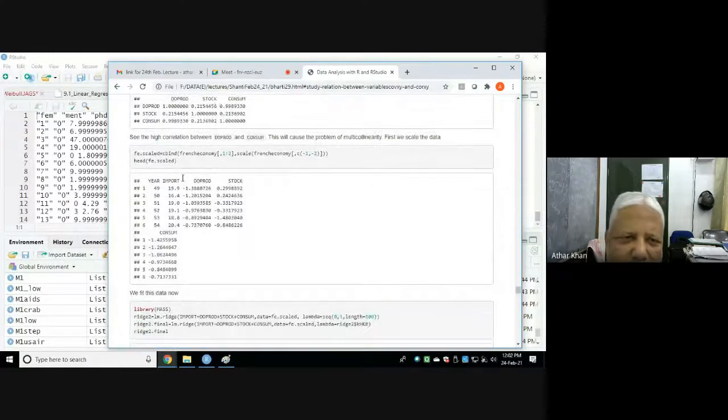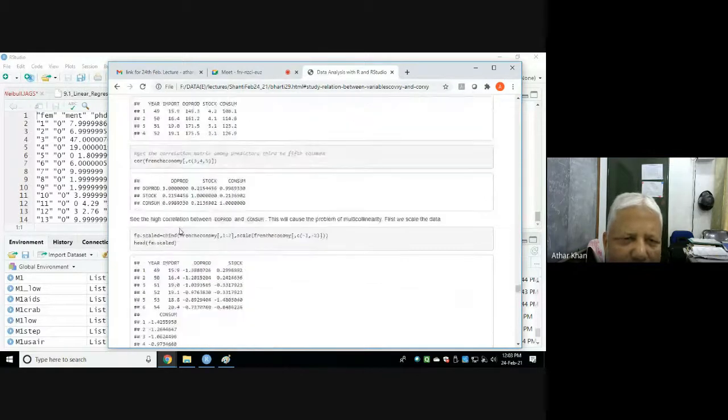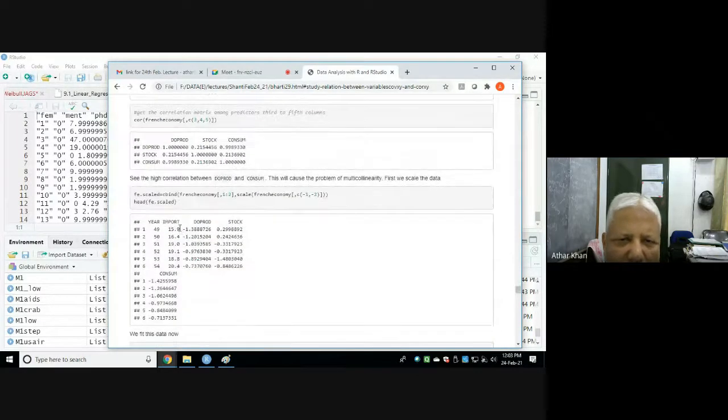First, we scale the data. There is a function scale. Scale means from each observation, we subtract the mean and divide by the SD. So that is scaling. We are scaling everything except the first two columns, because the first two columns in the data are year and import, and import is the response.